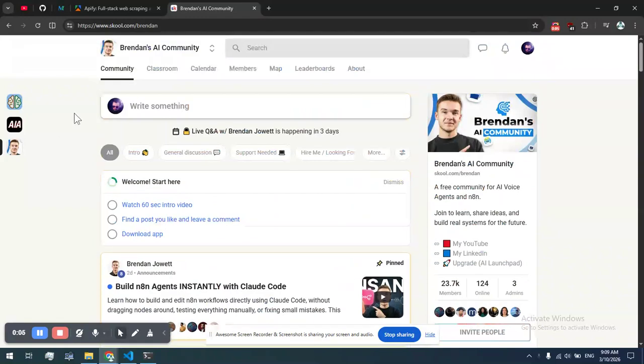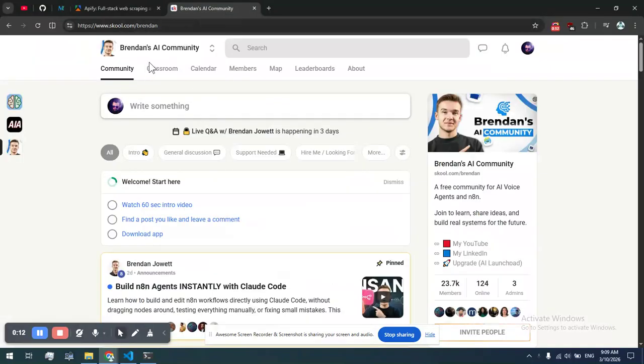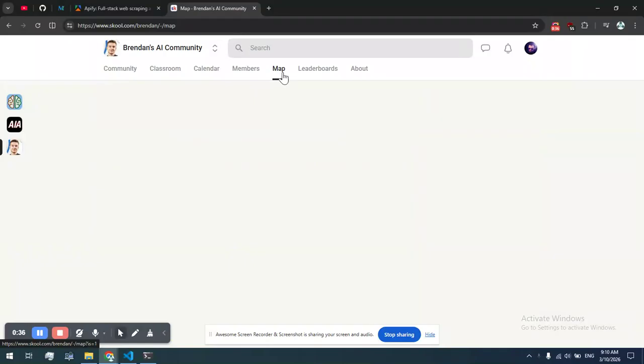So I created a scraper for the map of the community of a specific school. I'm going to test this scrape actor with you, so you will know how to use it. It's straightforward. It's not complex. So basically, if you want to get the data,